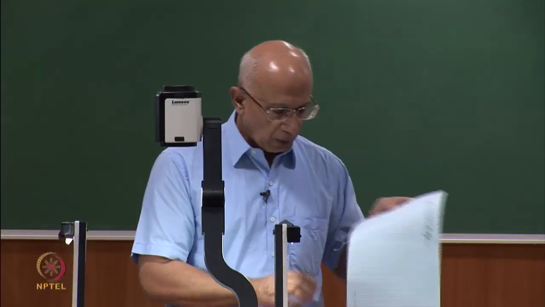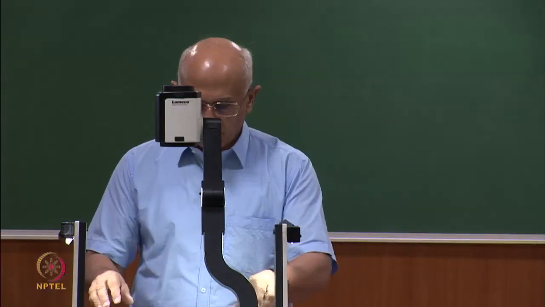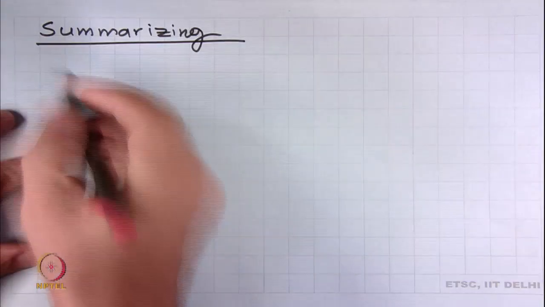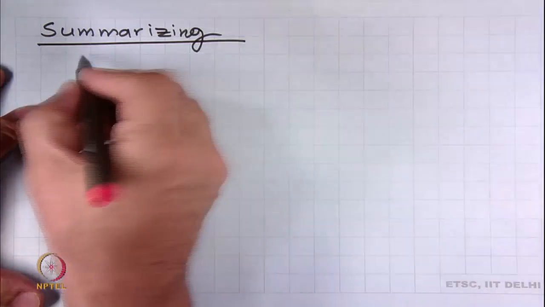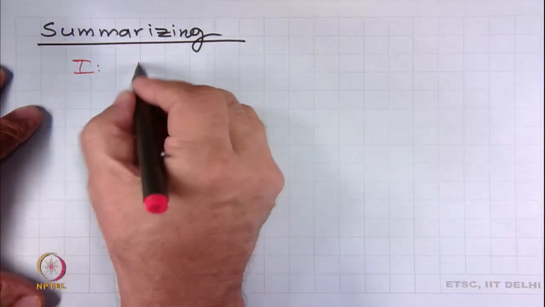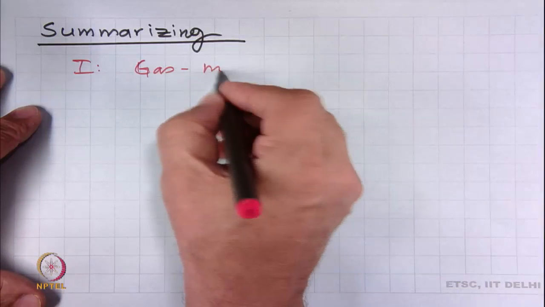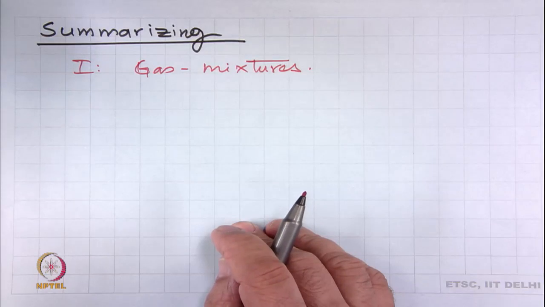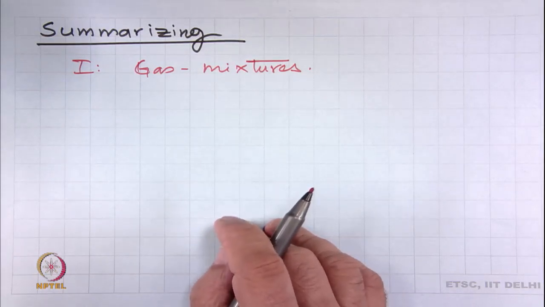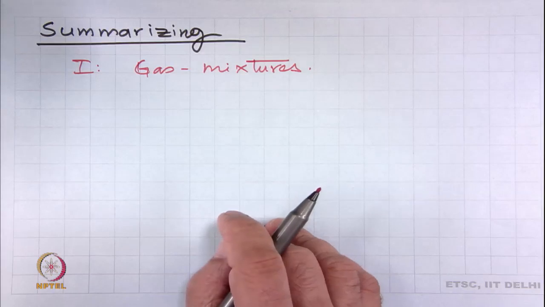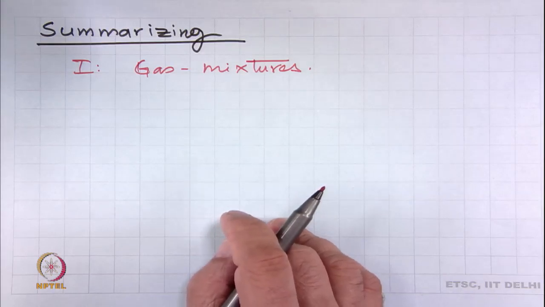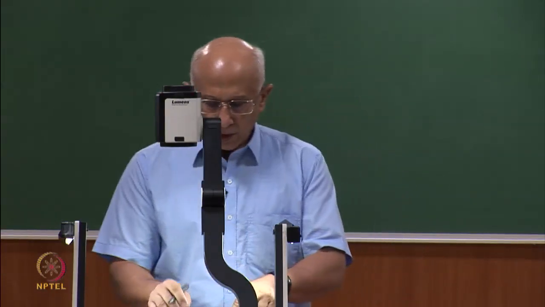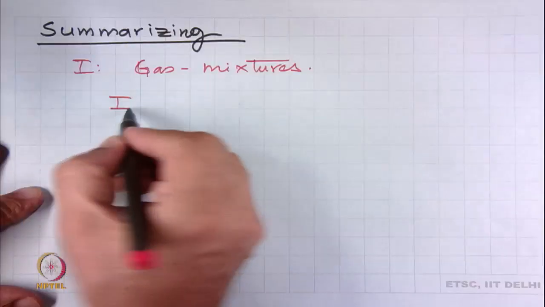So, we can now summarize what we have got. In module 1, we did two parts. Our objective of this module was to study gas mixtures. And we started asking the question, how can I learn something from the pure substances and the formulations there and extend that to gas mixtures. So, in first part of this module,